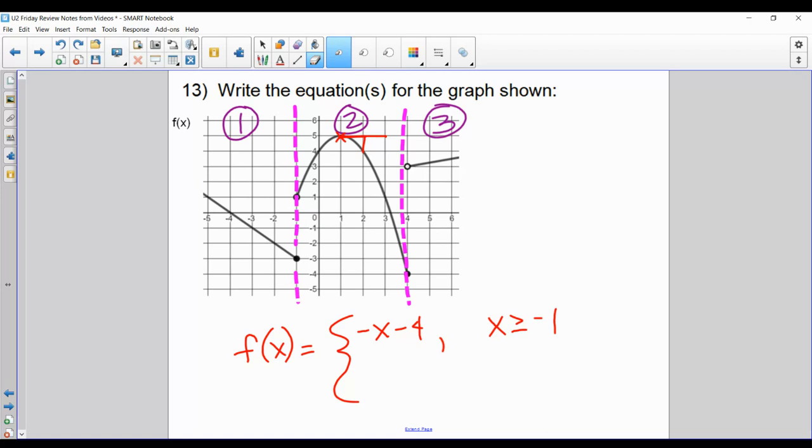So it's the shape of a parent function, but it's flipped over vertically. So I know I'm going to have a negative x minus 1 squared, and then shifted up 5. That function applies,